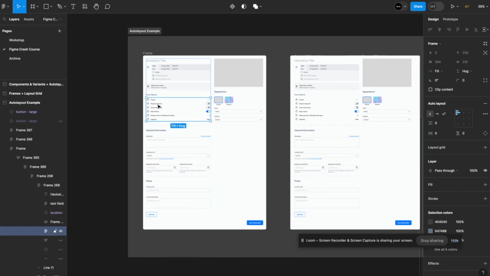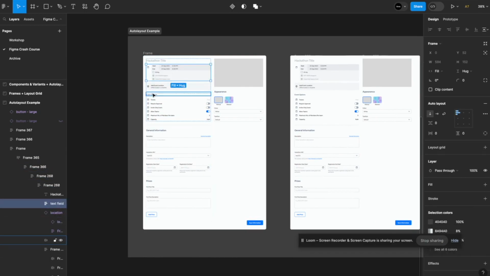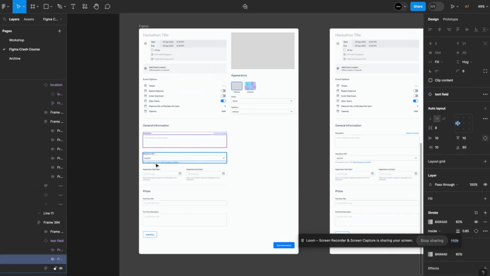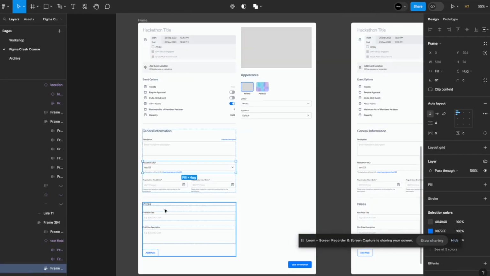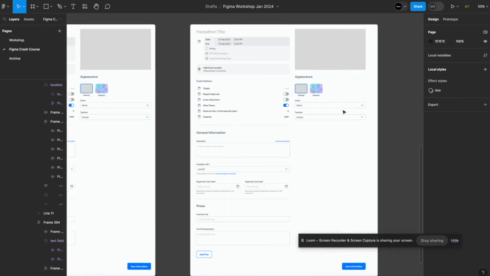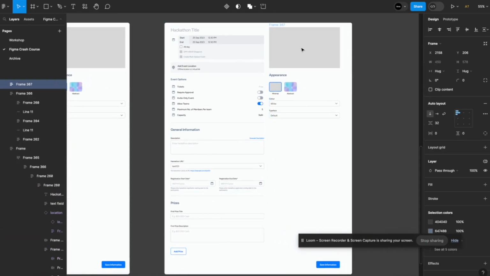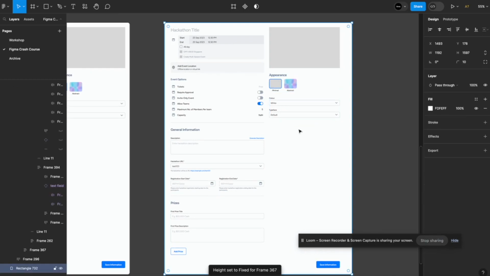You see how everything is evenly spaced, and when I click on it, it's all part of different frames already. And the amazing thing about this is, the spacing is all auto layouted. Whereas if it's not auto layout, if everything is just as it is, then I can move